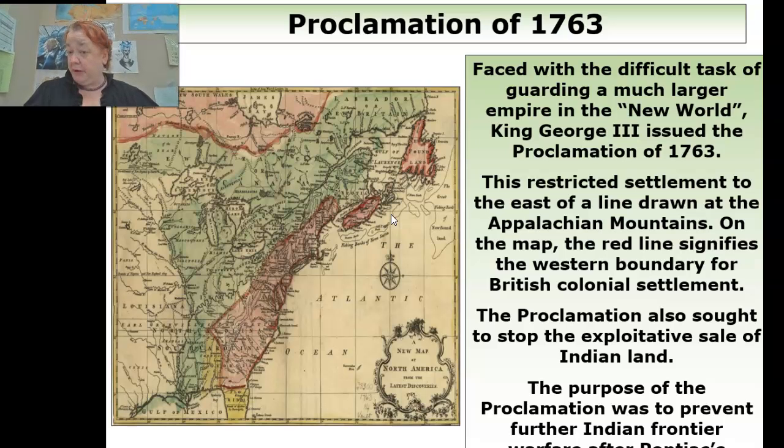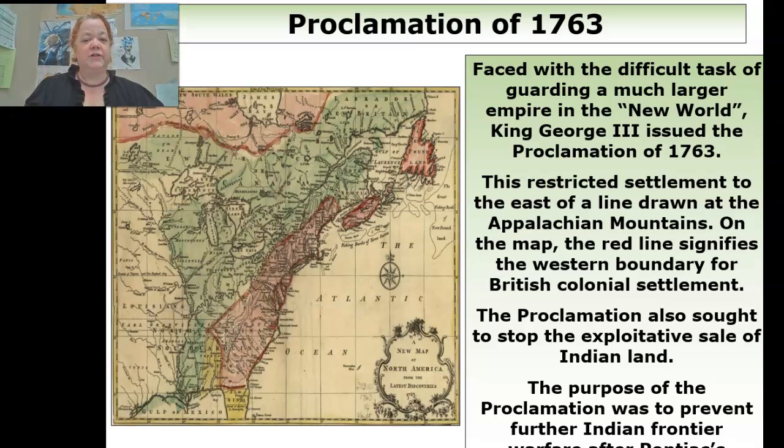Well, part of that is because of the Proclamation of 1763. Keep in mind, we just went to war over the disputed land west of the Appalachian Mountains. The Ohio Valley is west of the Appalachians. The Allegheny and Monongahela rivers joined to form the Ohio River in what is now Pennsylvania. So just keep in mind, that's what we were fighting about. It's west of the Appalachians. I know because I grew up on the Ohio, but in Ohio.